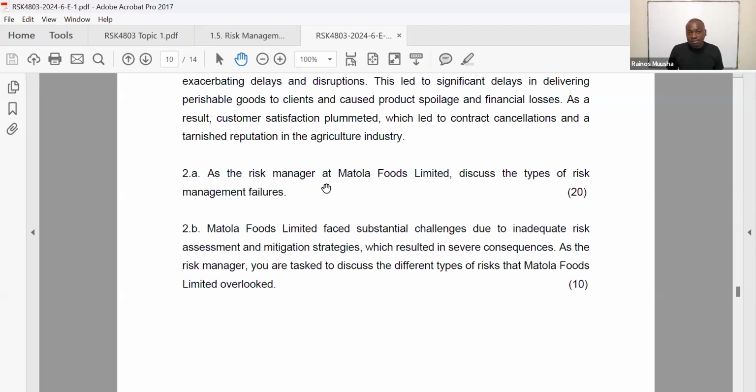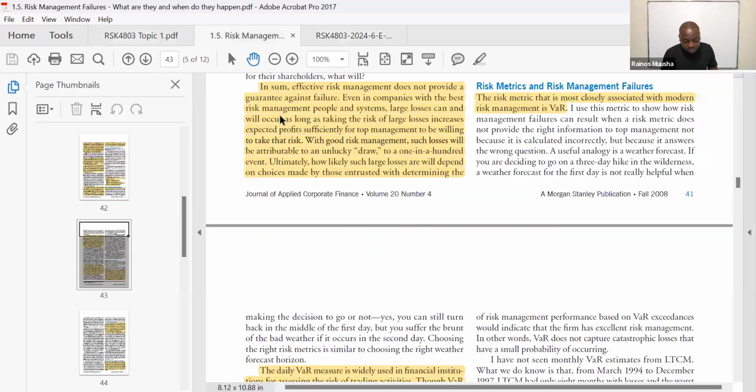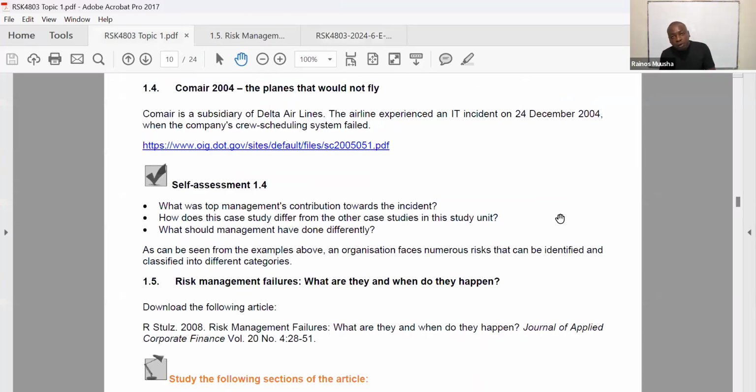So because of this, for Unit 1.1, 1.2, 1.3, 1.4, please go through these study units as homework. I'm not going to go through these study units with you because my focus is more on how I prepare you for the exam, so that you're able to answer the questions in the exam if any question comes up from that particular section.